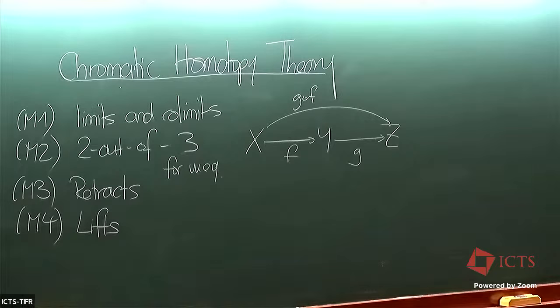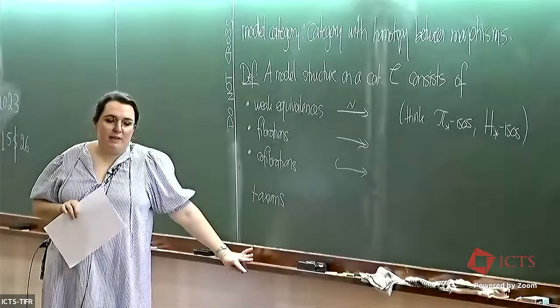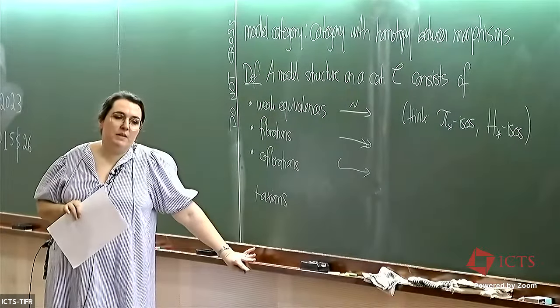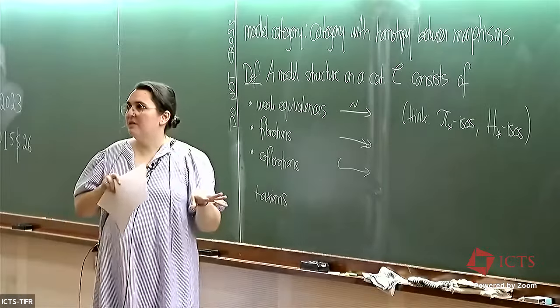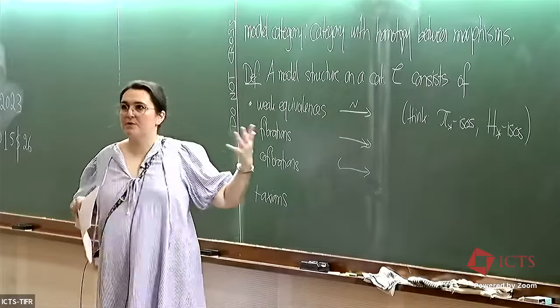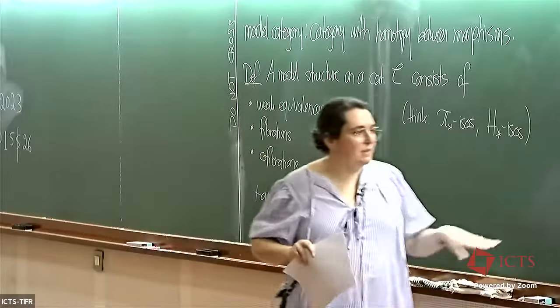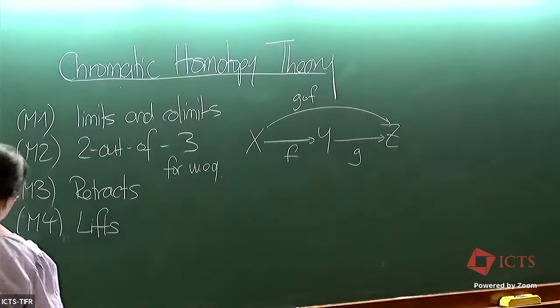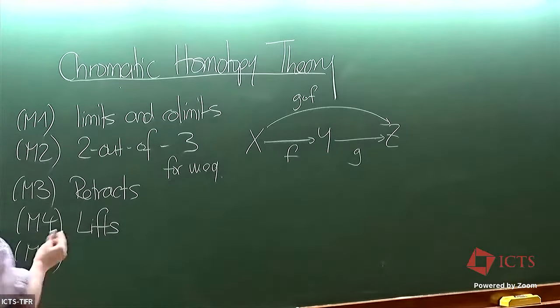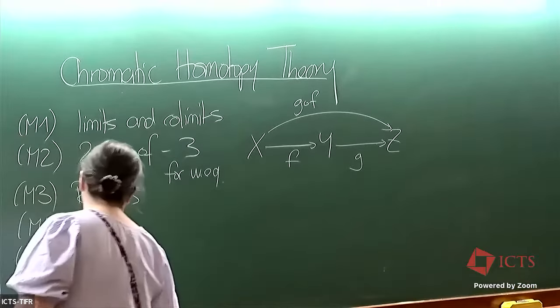So, maybe you will have heard of fibrations and co-fibrations of topological spaces. And if you have, when you see the full definition of model categories, you will see that those axioms are precisely supposed to model the behavior of fibrations and co-fibrations of topological spaces. And when you see the lifting axioms at some point, it's particularly evident, but it's quite a pain to write down. The only one that I will actually need today is the factorization axiom,